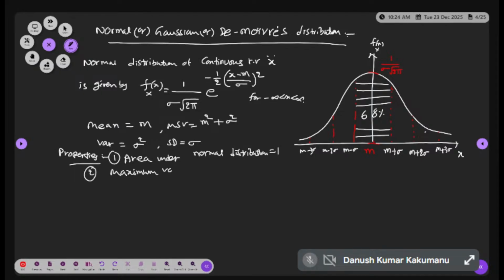maximum value. What is the maximum value? Tell me. 1 by sigma root 2 pi. Maximum value is 1 by sigma root 2 pi at x is equal to m. Third,